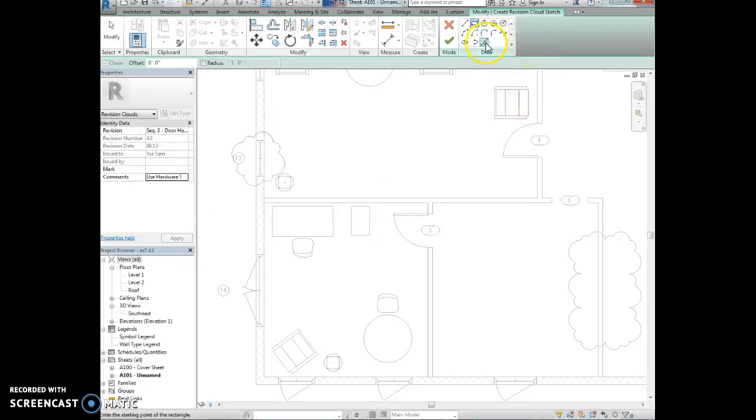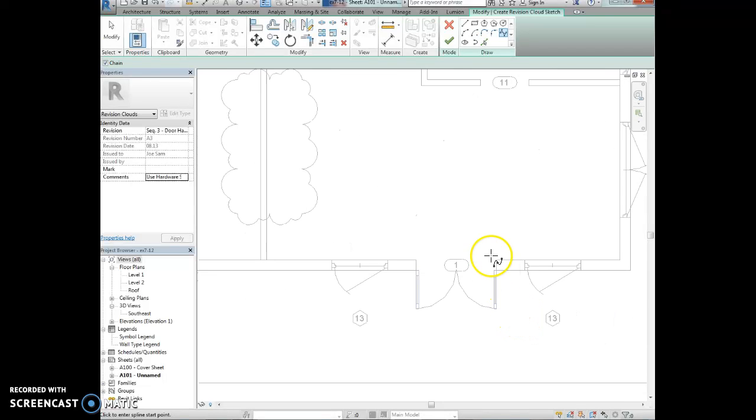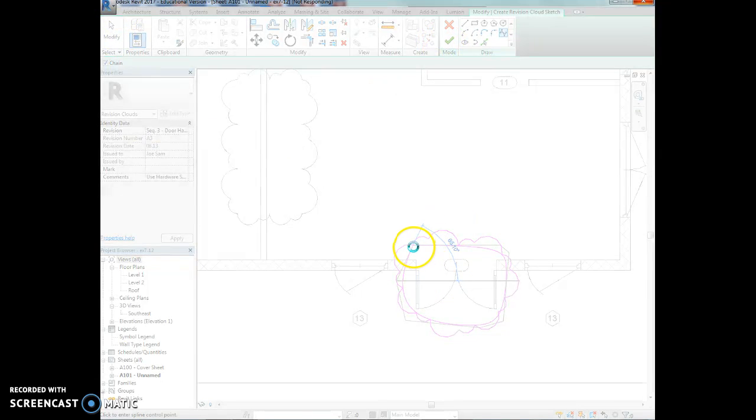And then I'm going to select the spline tool. So the spline is, I believe, this one right here. Yep. And we're going to draw the cloud in the clockwise direction around the door indicated. So it looks like it's this door. So in a clockwise direction, we're going to just start and pull it around, and it kind of circles around this door. You've got to click it and then close the spline. And then we're going to hit,